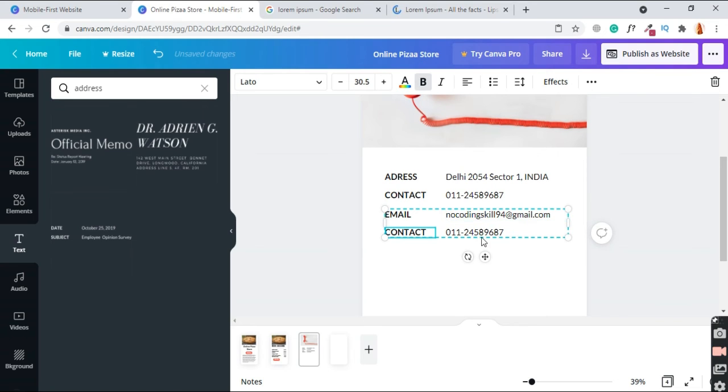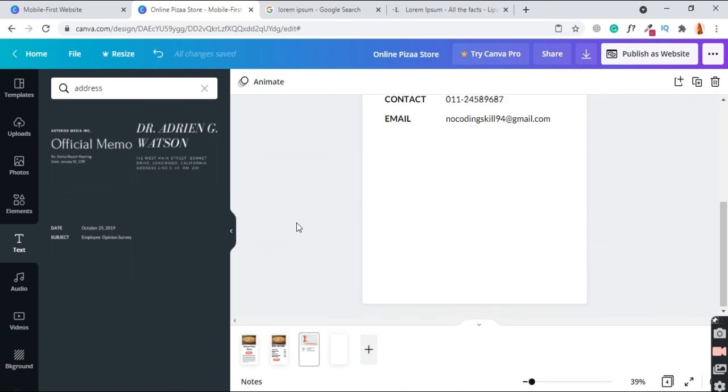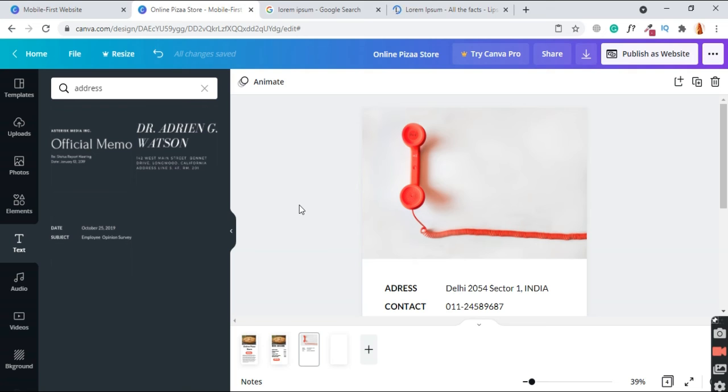Okay, we don't need this section, so click on it and delete the element. Yes, great. So we made three pages.